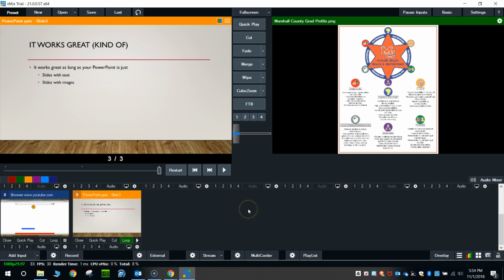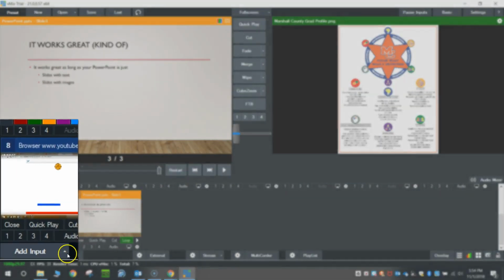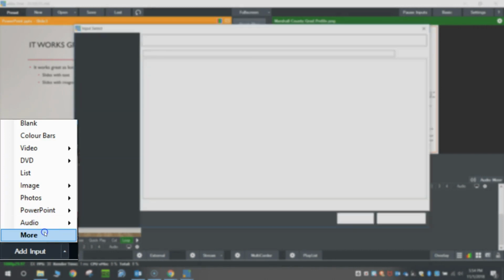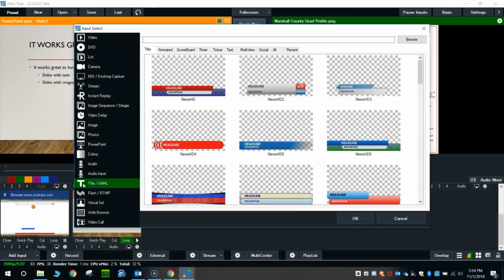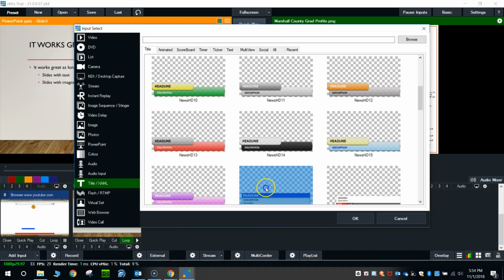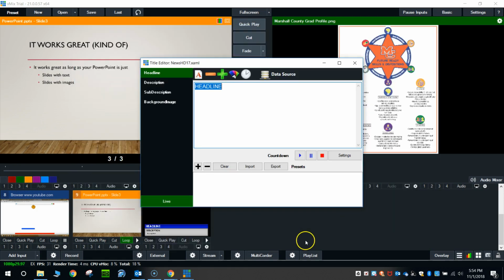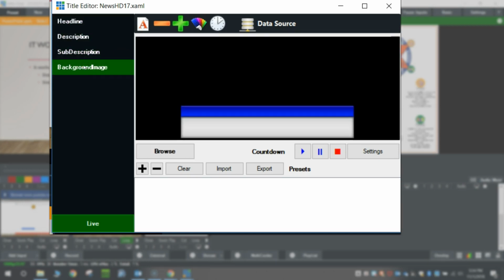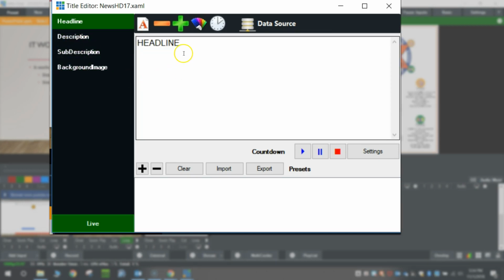Once you have the overlay settings, then you can really start to work with titles. So let's go to your add input. Let's go to more. Title is one of your options, and look how cool these things look. They look legit like you're on CNN headline news. So let's grab the coolest one, hit OK. Then what it does is it puts you in this weird headline title editor, which I think is very non-intuitive, but I could say